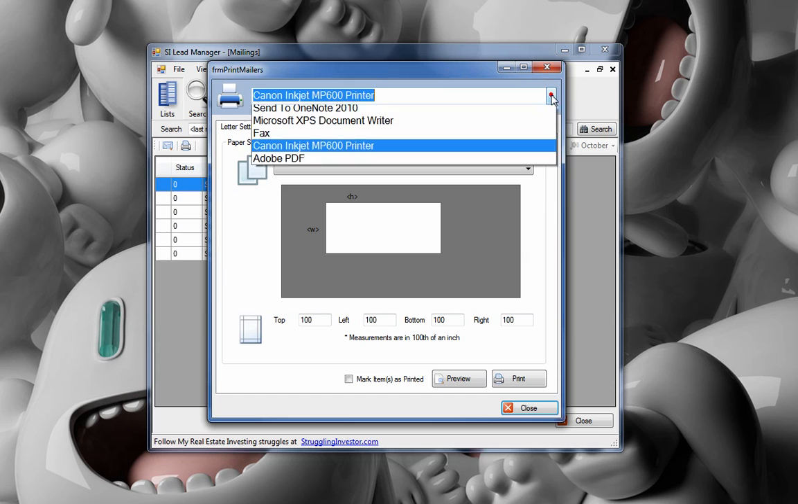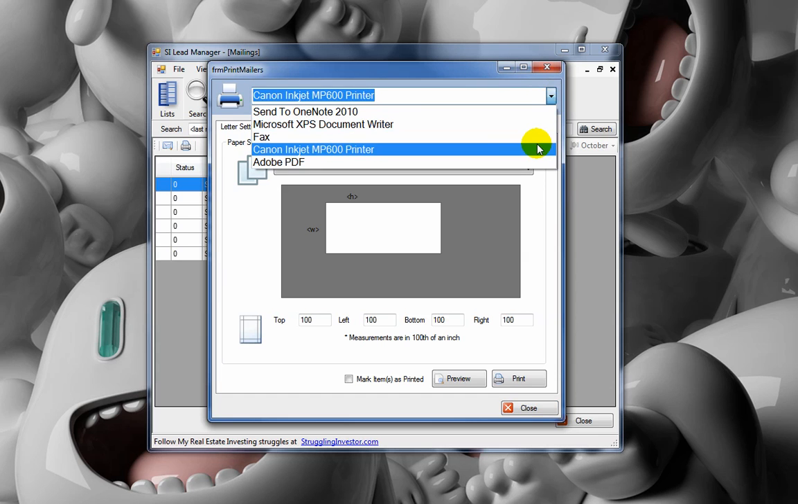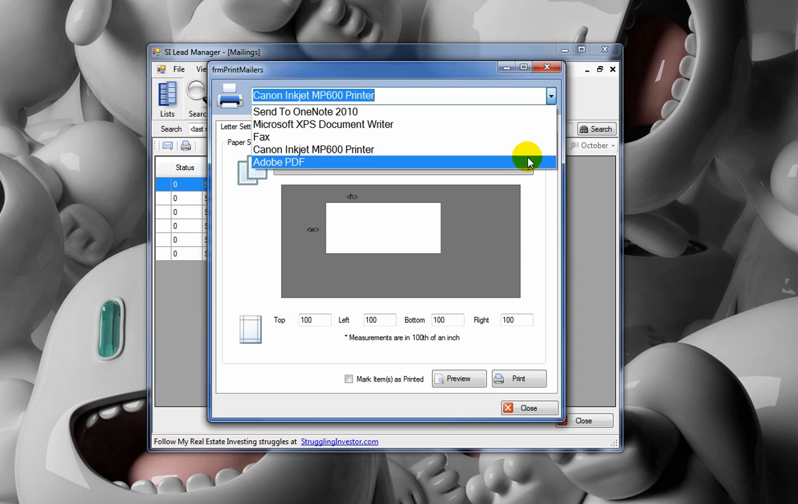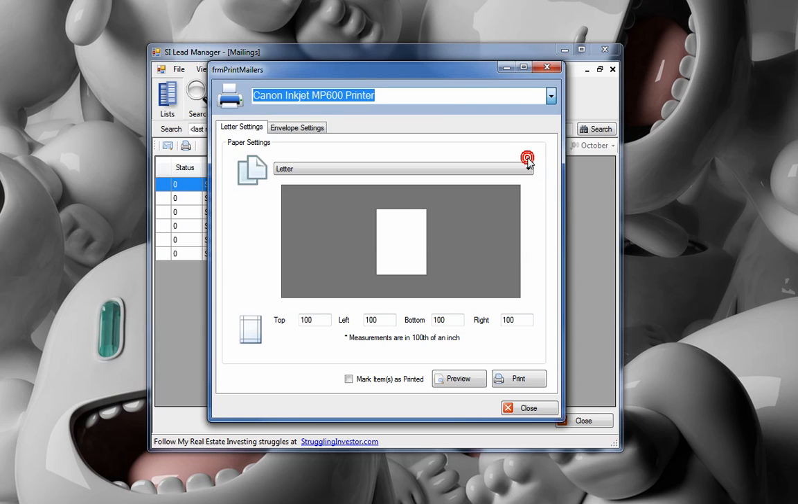Now you can pick your printer up here. Mine is the Canon Inkjet. A lot of times I like to print to Adobe PDF because it might give you more options, print quality, and then you can just transfer the file to the person you want them to print out, the person who you're paying to print out, and stuff the envelopes, or you can just do it yourself. But it's good to save them just in case you want to print the list again. So I select the printer,